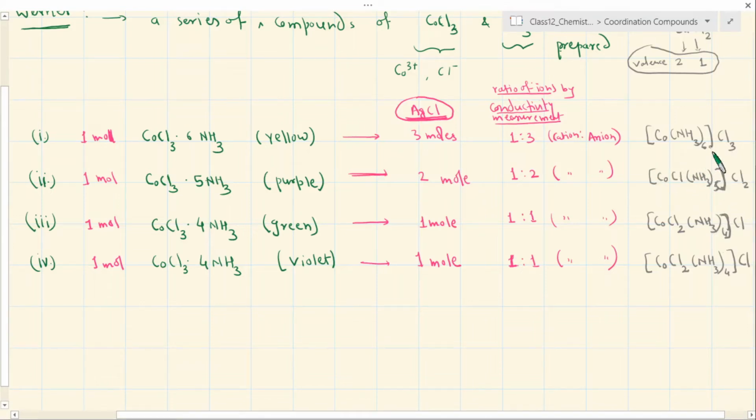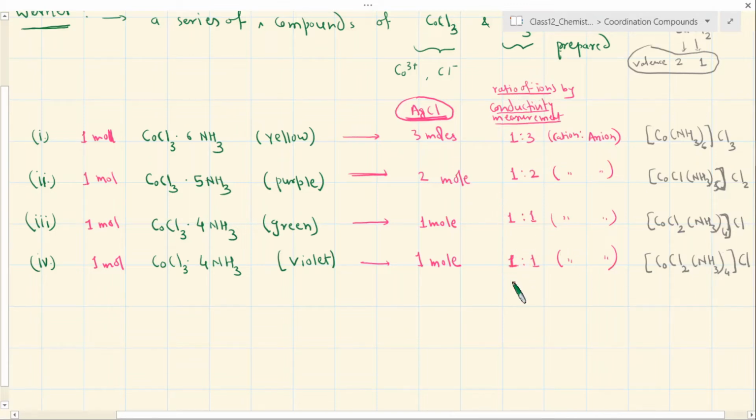So this gives the proportion of 1 to 3 cation to anion species, and this gives the proportion of 1 to 2 cation to anion, because this whole entity is behaving like one big cation. Okay, in a similar manner, now look at this one. Here you have one Cl and one big cation, the entire thing carrying 1 plus charge. Similarly, if you look at this one, here also the same. So these are 1 to 1.